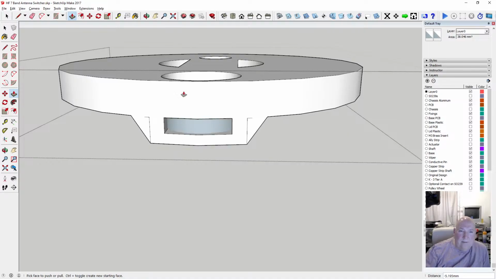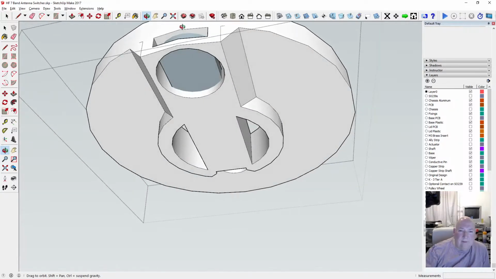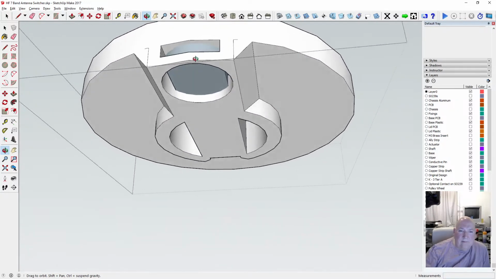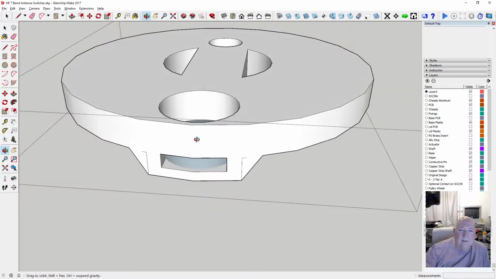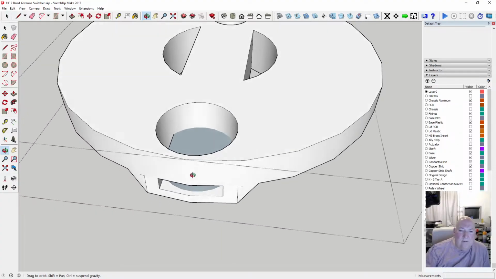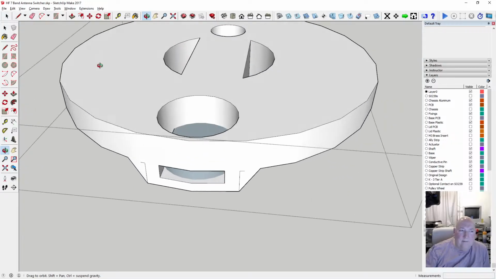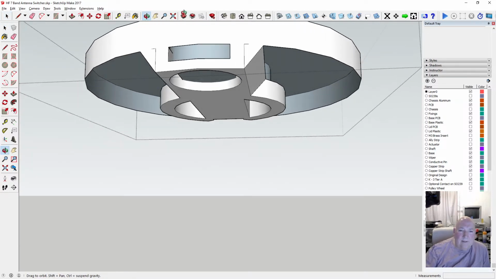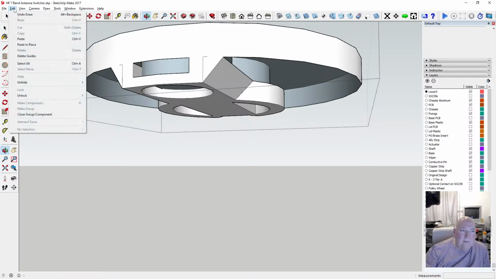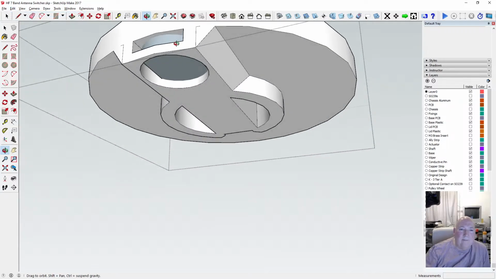Can I go all the way through? Sort of. Well, it's created the hole. It's created a surface which we don't want. So is it just a matter of grabbing the surface and deleting it? No, it isn't, because we've now deleted one of our faces.